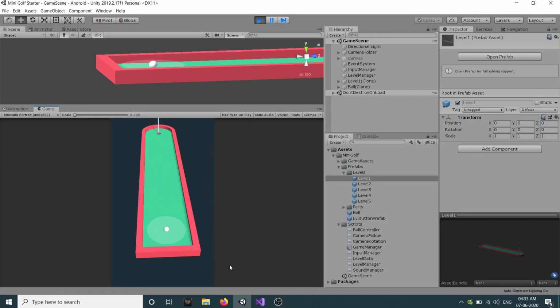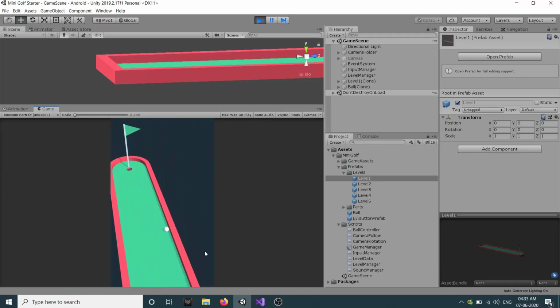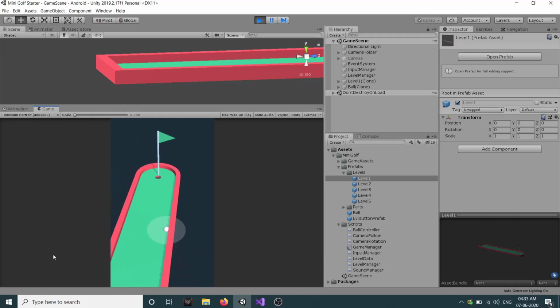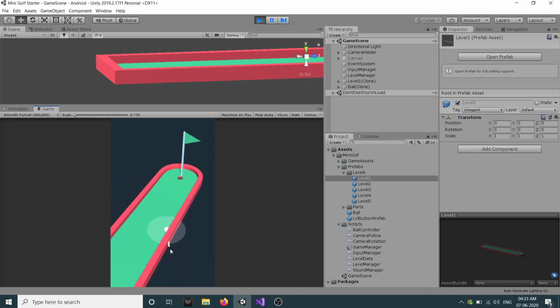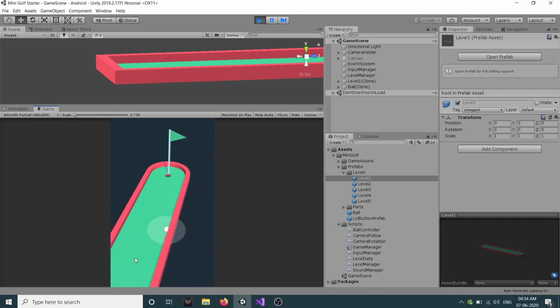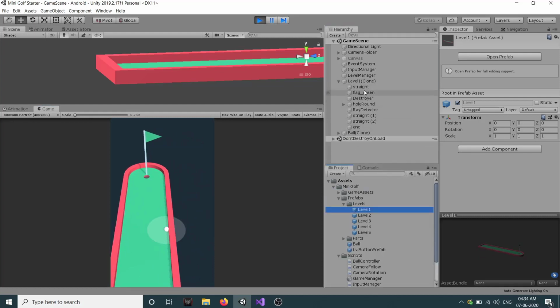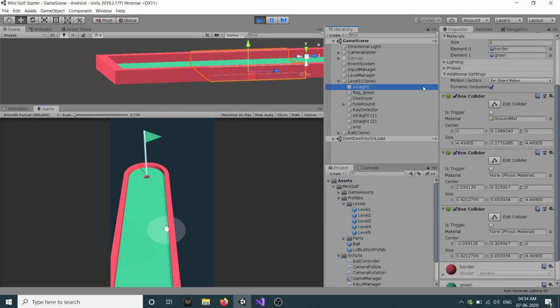So let's try to shoot. Okay, as you can see here guys, our area activator is also getting activated once our ball is back to static. Okay, so one thing guys, if you go and check all these parts of the level, they have box colliders on them.